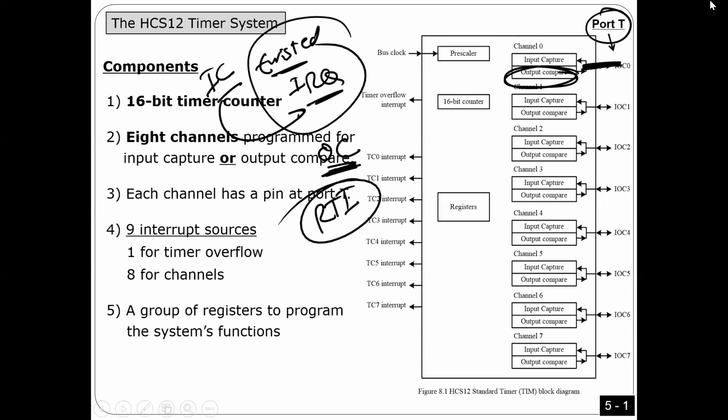So now, guys, every channel is designed to do input capture, output compare. However, we can twist it to be like IRQ or like RTI as well. So now we have 9 RTIs, 8 here, and we have another RTI in chapter 4, and now we have 8 IRQs if you want. Is that okay, guys? Now, assume I don't need all of them. I don't need input capture, I don't need output compare, I don't need more IRQ. If this is the case, you can use